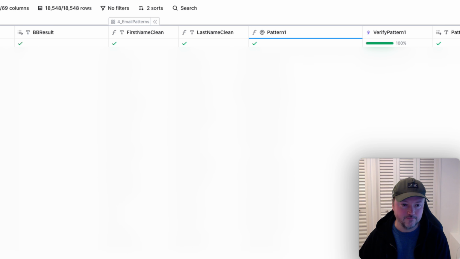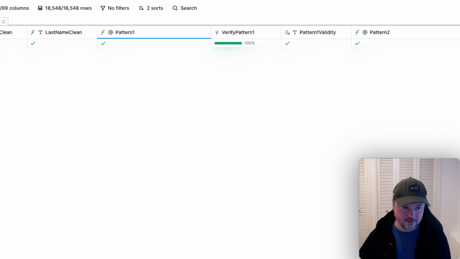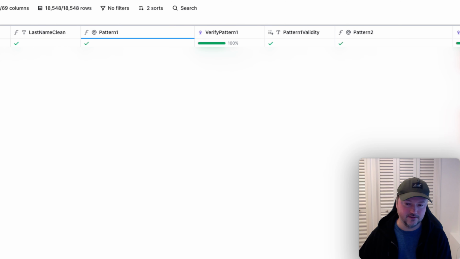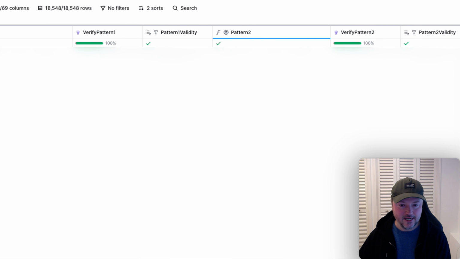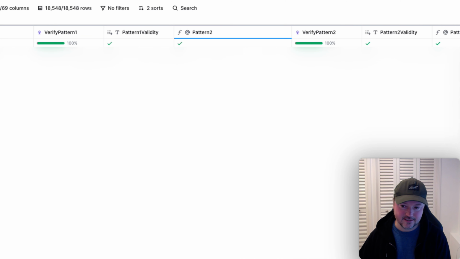It's just a formula. And if that works, then great. That gets sent to the final email valid column in this table. If not, we have pattern 2. Pattern 2 is first.last name at domain, and we will validate that if the first validation didn't return a valid